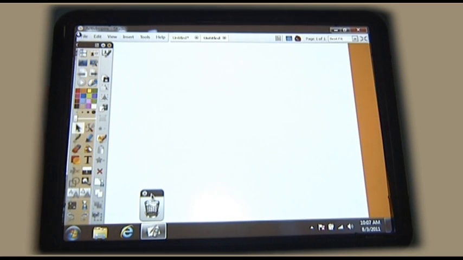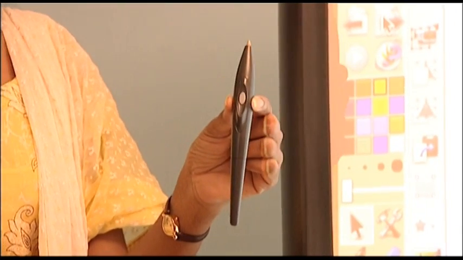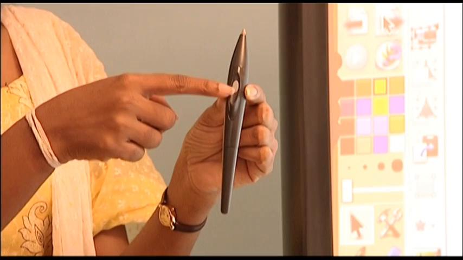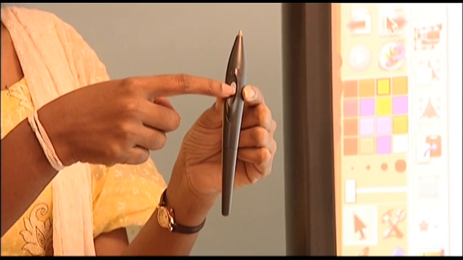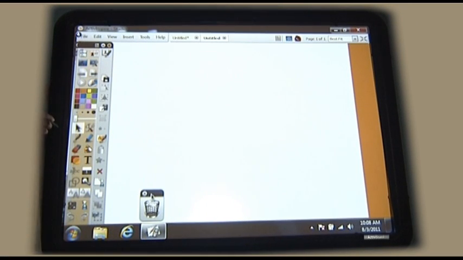What set it apart from other board is the toughness of the board, the batteryless pens. The pen doesn't have any battery or cell inside the pen. Pen works similar as the mouse as we have in our desktop. The left click is the tip of the pen and the right click is the button over here what we have. Then we have the software called Active Inspire, which is similar to Paint what we have in our computers. But it is much more advanced than what we have in our Paint.